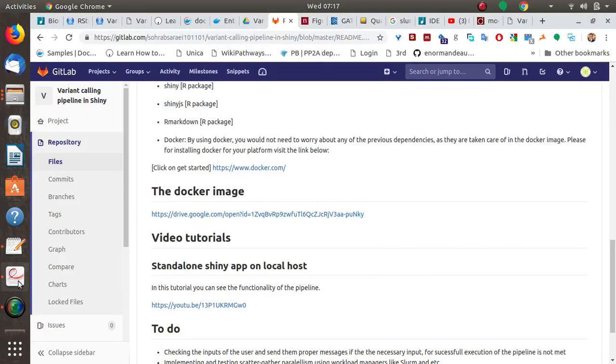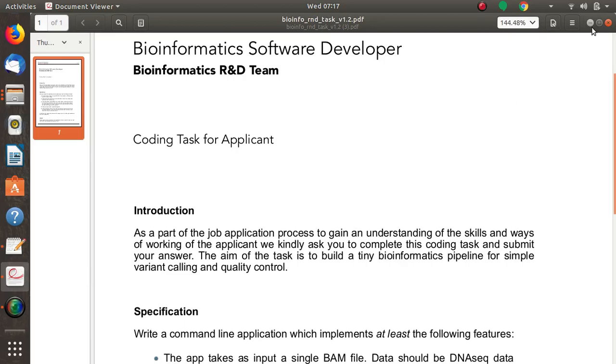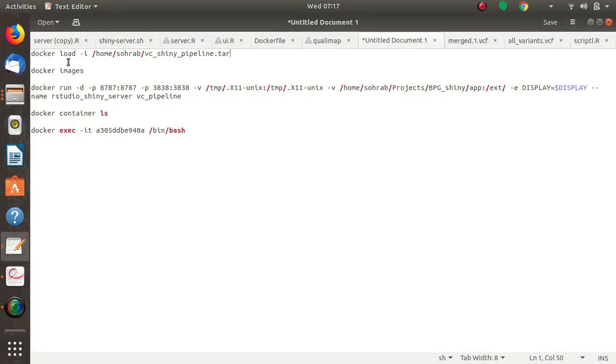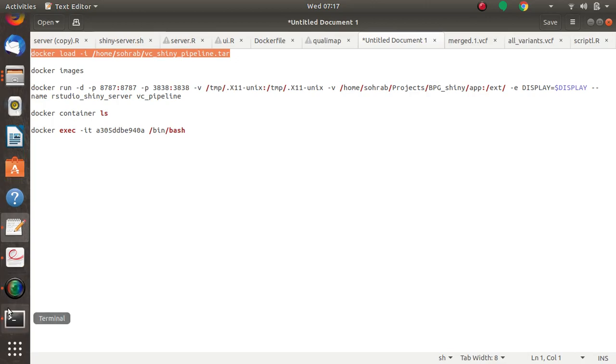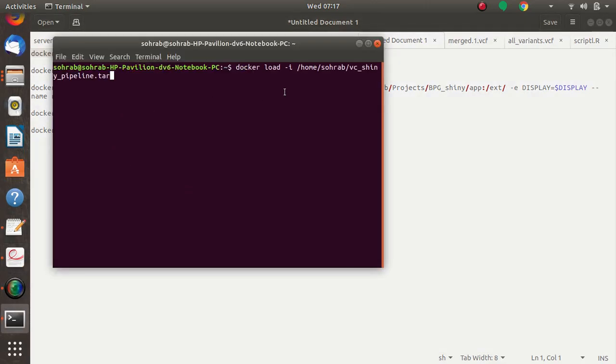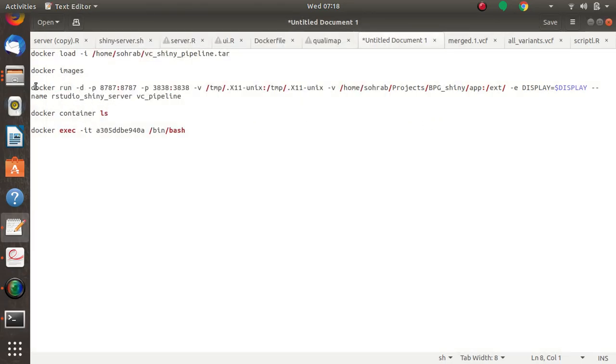and there would be a series of commands that you can run. First is to load the Docker image for your system. This might take a few seconds to completely load based on the layers that you have in your Docker. Until this command finishes, we can go ahead and talk about the second command, which is this command,